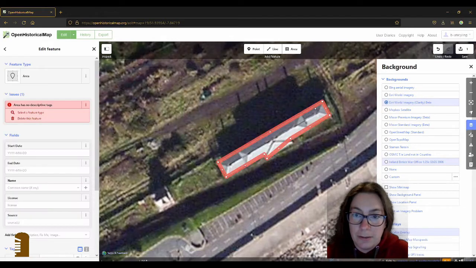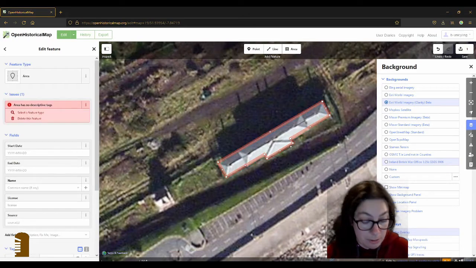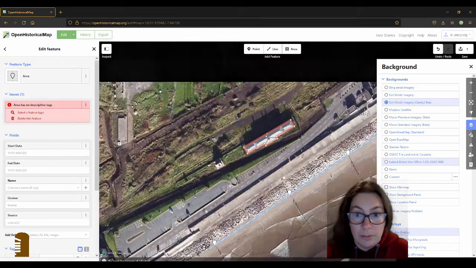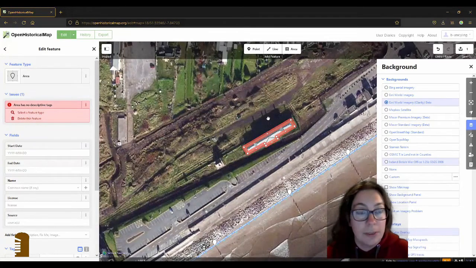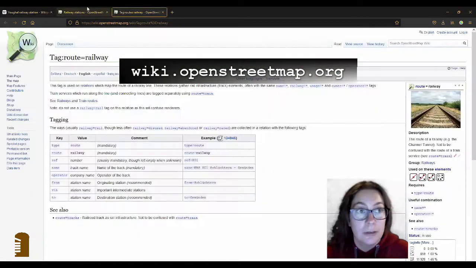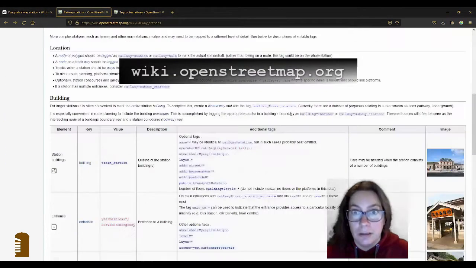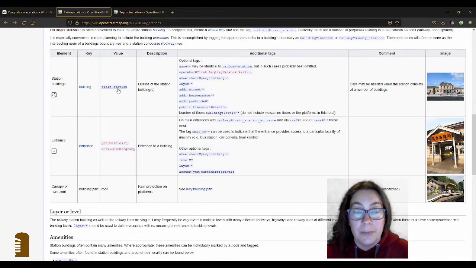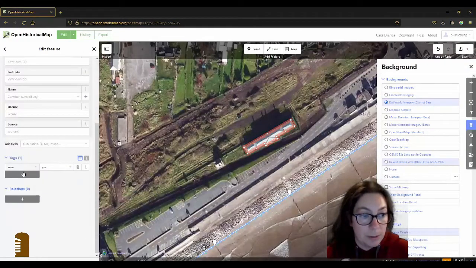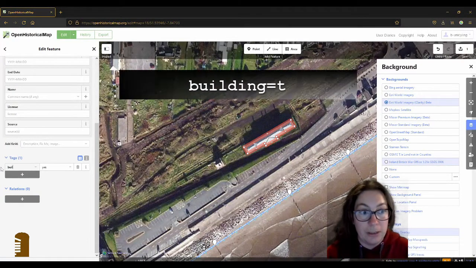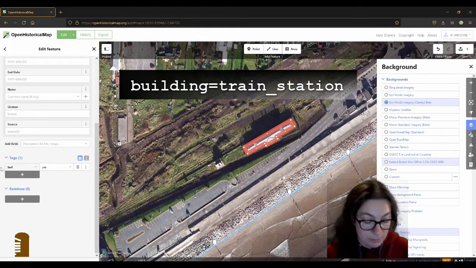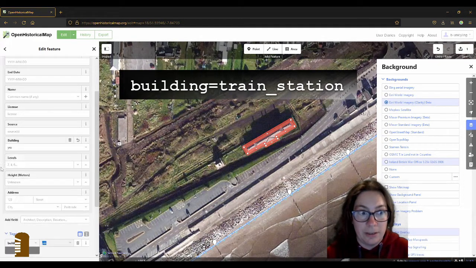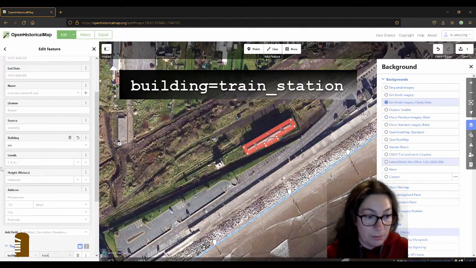It looks a bit like maybe these two parts are 1 story high and this in the middle is 2 stories high. I haven't been to the train station in Youghal, so I'm not sure. So this is the building, and I'll go to the OpenStreetMap wiki, and you'll find a lot of information about railway stations there, and I won't go into all of it. We'll just do the building. So building and then train_station is the tag, which we will use, and I can delete the area because a building is usually an area anyway. Train station,